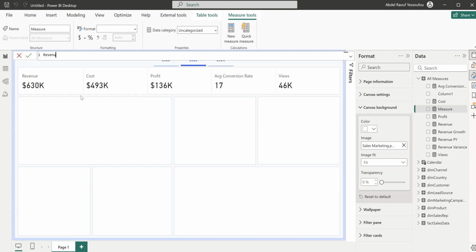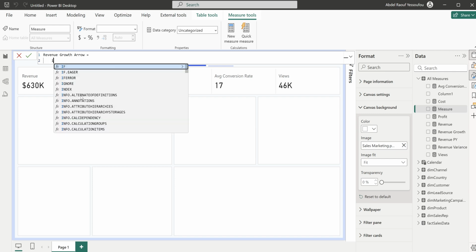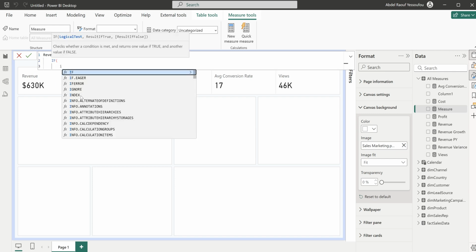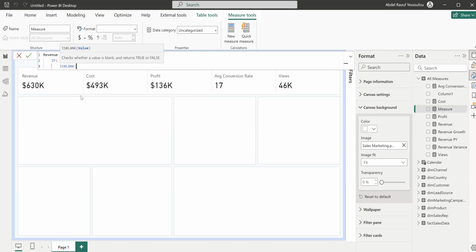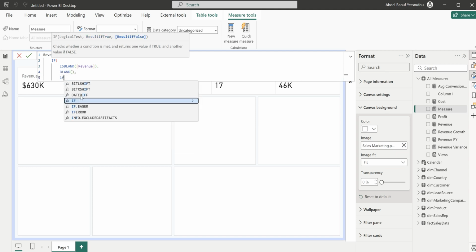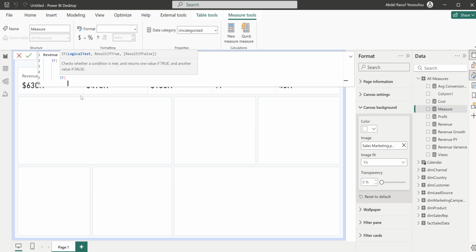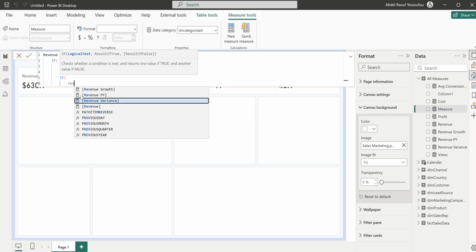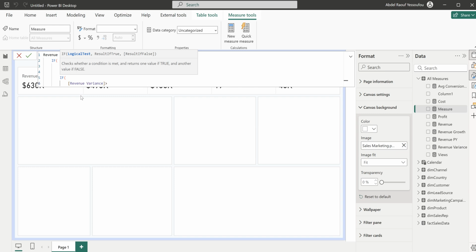And then I'll just write revenue growth arrow. That's revenue growth with arrow. So the first thing I need to do is to check if revenue is blank. So if revenue is blank, give us blank. Okay. If it is not, then I'll check the revenue variance. If it is greater or equal to 0. So if it is greater than 0,